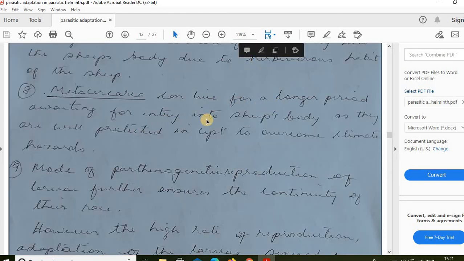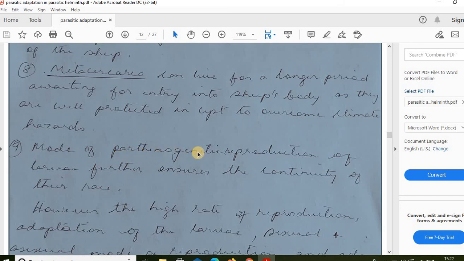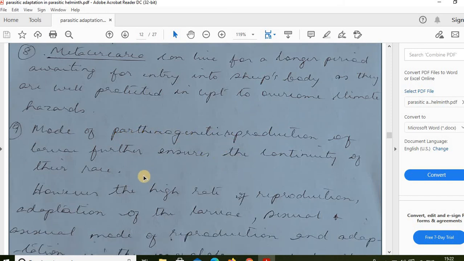Metacercariae can live for a longer period waiting for entry into the sheep's body as they are well protected and able to overcome the climate. So the mode of parthenogenetic reproduction of larvae ensures the continuity of the race. Okay, so this mode of reproduction, that is, since it is hermaphrodite, the reproduction will take place between both the male and the female reproductive organs, that is, the sperm will come out from the male and the female will produce ovary, so fertilization inside the host body. Okay,